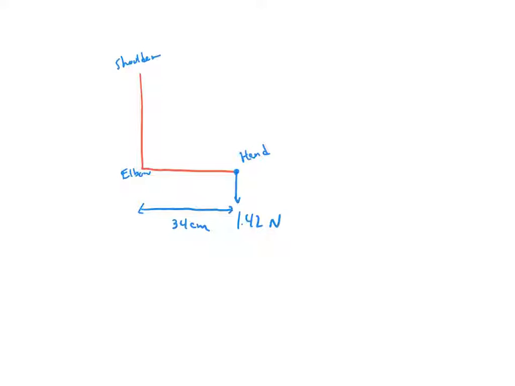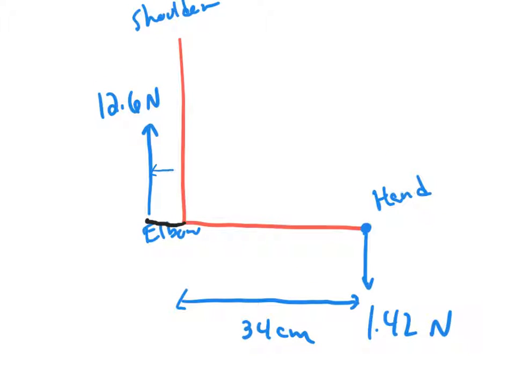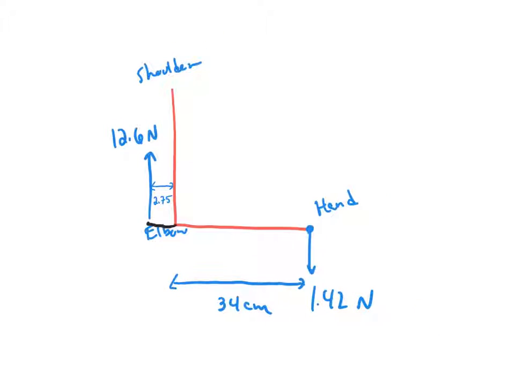We're also told, let's see, the bicep attached at a distance of 2.75 centimeters from the elbow exerts an upward force. All right, so that's going to be a little interesting. Let's see. So here's the elbow. We have to kind of extend it in this dimension. And the bicep is exerting an upward force. And again, that's 12.6 newtons. And that distance is really small. I have to kind of zoom in a little bit here. This distance right here is 2.75 centimeters. And this is all on the diagram, by the way. I'm not just coming up with this. This would be hard to draw if you didn't have the